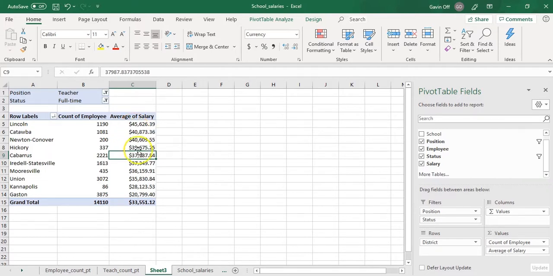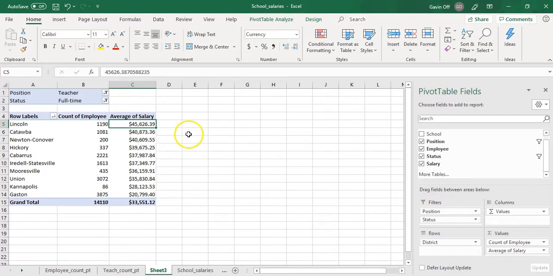Yes, it is. So maybe I'd keep that last sentence or two that I wrote, but I probably wouldn't. I'd probably amend it to say full-time teachers earn an average of 33.5, and Lincoln's full-time teachers make the most at